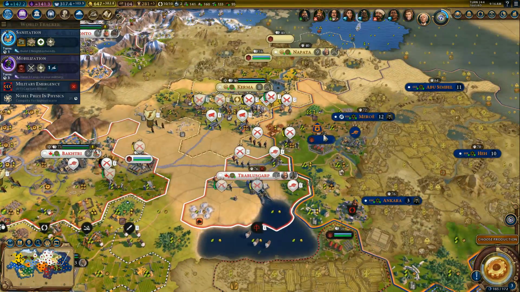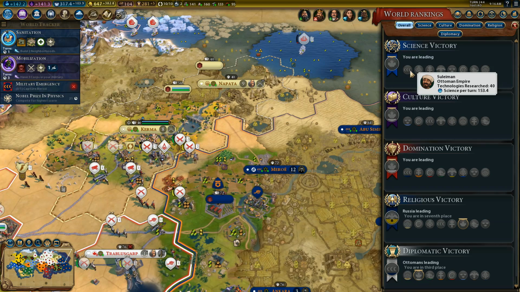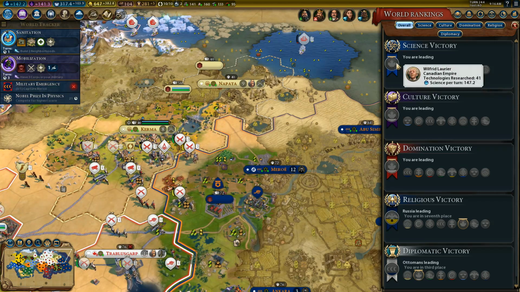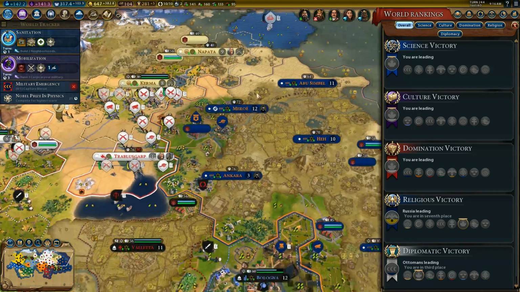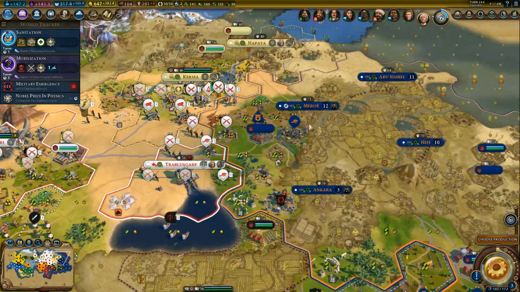And we also still have the war against the Ottoman Empire. We missed out on the military emergency, but that's okay, because right now the Ottomans are way up there when it comes to science. They're making 153 science per turn. We're at 147. We got 41 techs unlocked. They got 40, so they're right there with us. But by crippling them right now, it would certainly help us out in the future, and